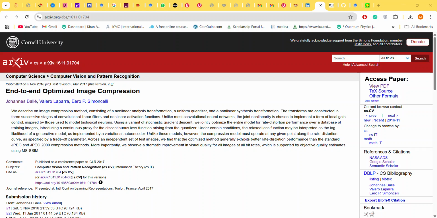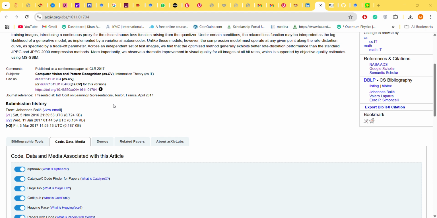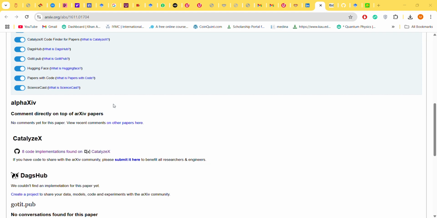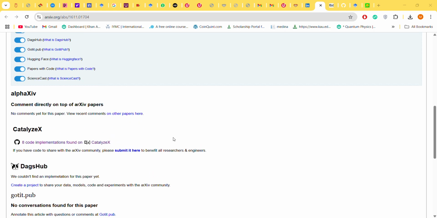So after reading the paper and understanding everything theoretically, I have seen some coding implementations as well. There was no official code or open source code that started with this paper, but there were some community contributions available. There are some 8 code implementations here and some 14 here,